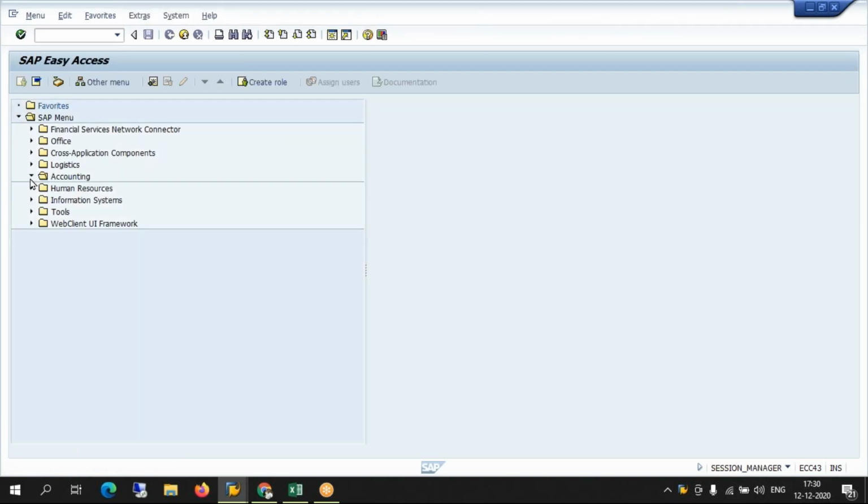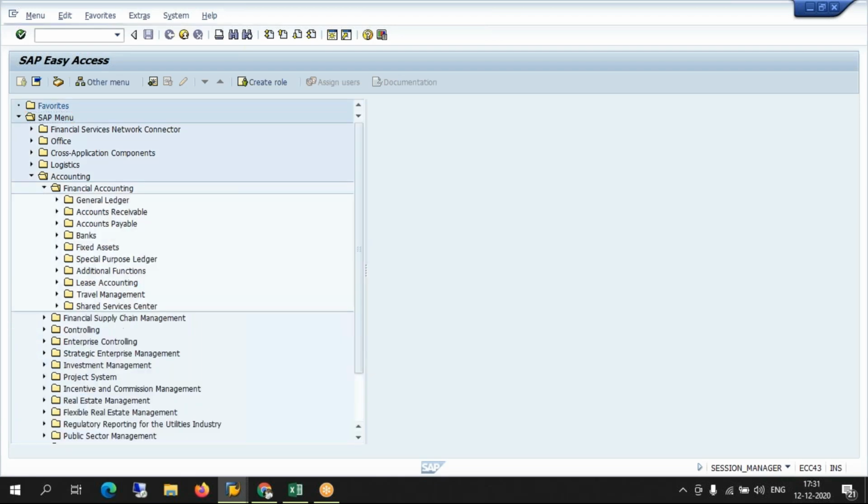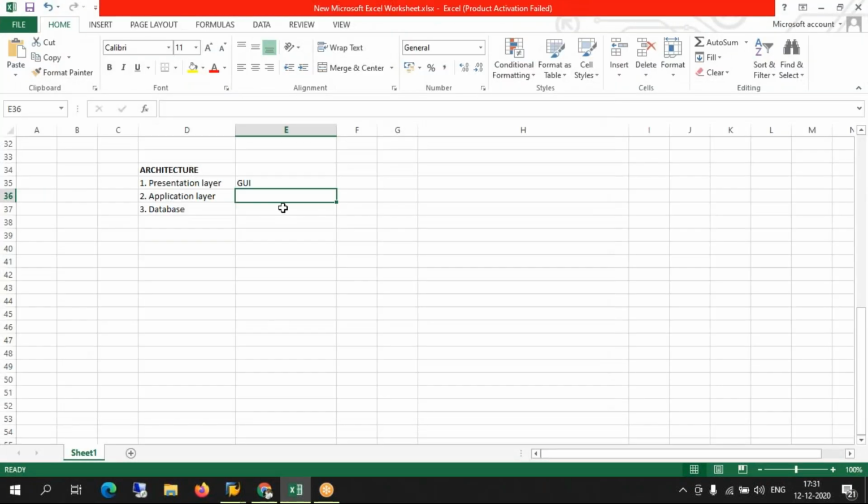So how your physical screen looks, from where you want to do the various transactions and view the reports. In financial accounting, which submodule you want to post the transaction, what kind of report you want to view. So basically, the physical screen, the graphical user interface. I'll come to application layer in a bit.